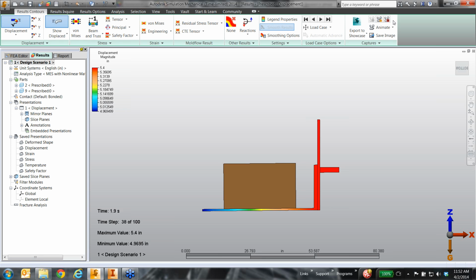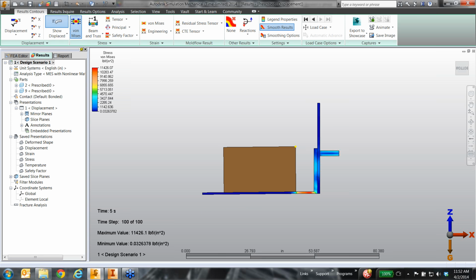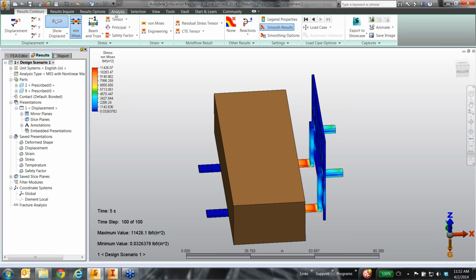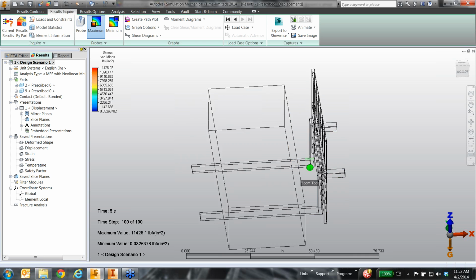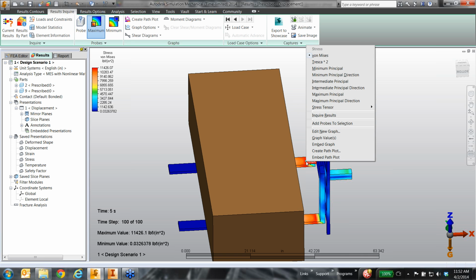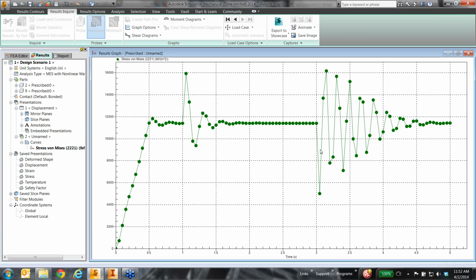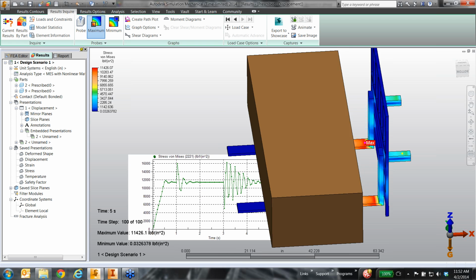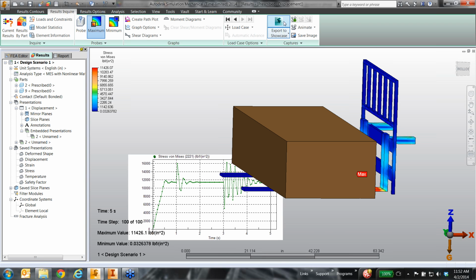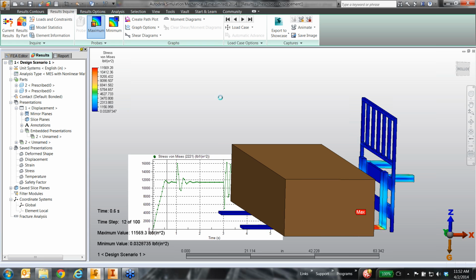So what kind of stress can we see? Let's stop that and look at von Mises here. I know the max is in that corner, but I'll show you anyways. If you want to look at that point, I right-click on it, graph that value of that node. You can see it ramps up. There's different aspects in there, but looking at that, I don't know at what points what, so I can close that. The easy part is I'm just going to embed this graph, so that way I can see it down here,